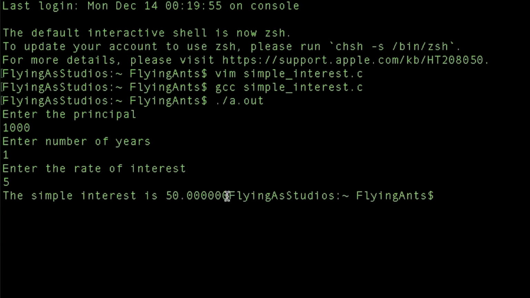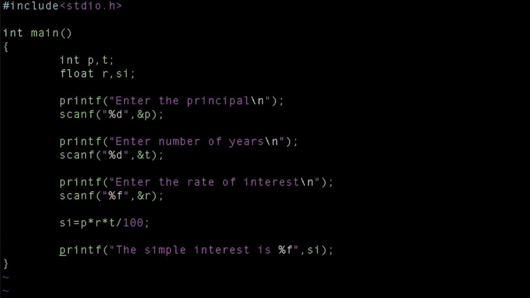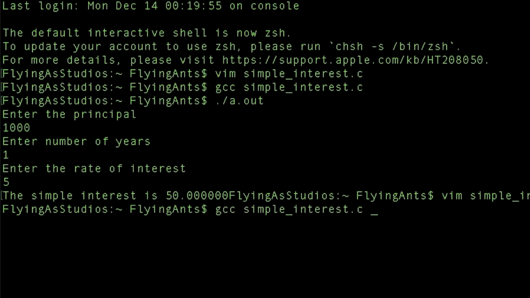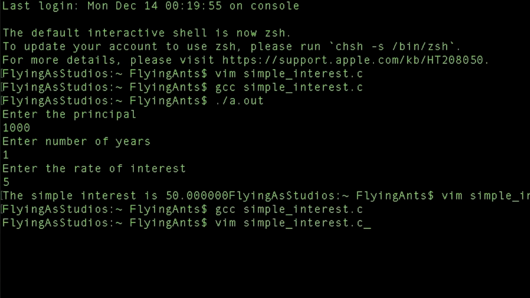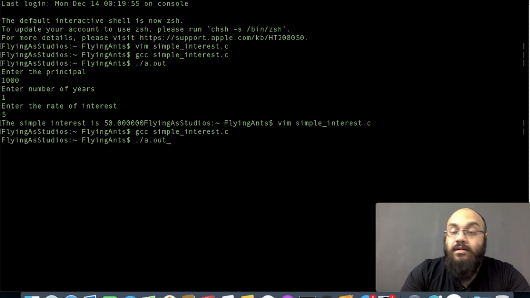Now again, see, this is not very user friendly. It's not humanly readable. So I missed a \n over here. All you want to do is open it again, go back here and type \n. Save, exit, gcc, compile again. Now again, every time you got to edit your program, you have to compile it again. If you don't compile it, the changes are not reflected in the output.